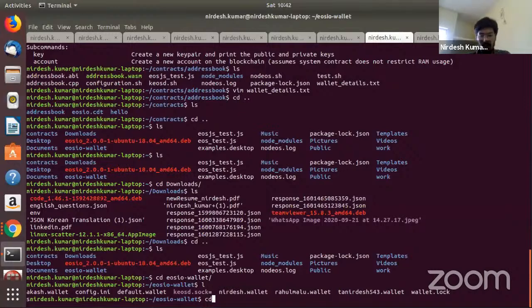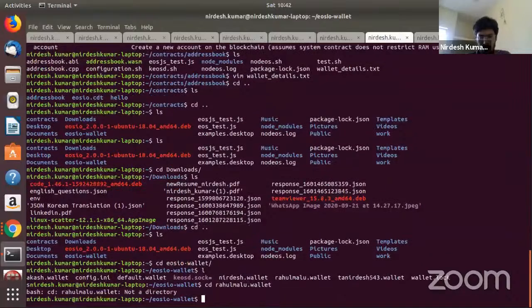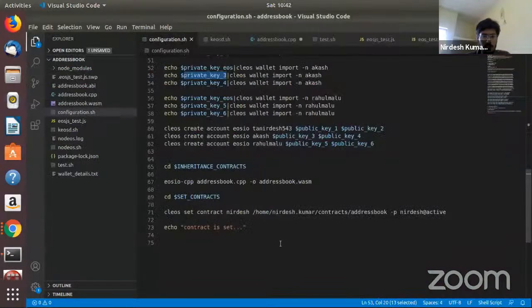Let's try to CD Rahul Malu and something. So Rahul dot wallet, right? So I cannot open that, or I cannot even vim that. Whatever I want to do, I cannot open this file, right? Because they are locked and they can only be opened with this configuration file. When this wallet file is unlocked, then you can read these things, your keys, right, when you put your password, and your password is, that's why I showed you, stored in this file wallet.txt,